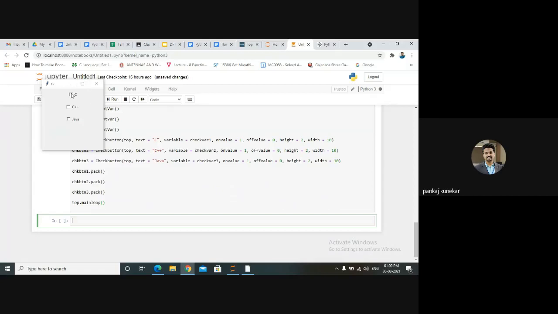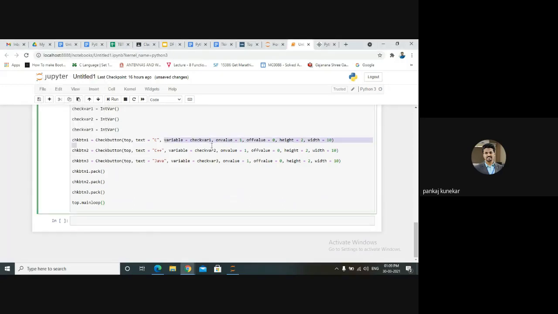So this is the way we use the check button. With a check button we can select all the things. It's like a checkbox only, but here it is called a check button. This variable is very much important: checkvar1, checkvar2.